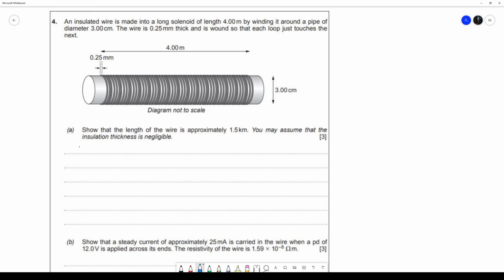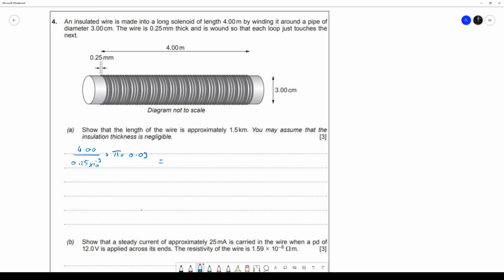So what I'm doing then, 4 meters, 4.00, divided by 0.25 millimeters, so that's times 10 to the minus 3. That tells me how many turns there are. Then multiply that by pi d, which is the circumference of the tube. The diameter here, 3 centimeters, so 0.03 meters. In questions like this, where it's a show that the length is approximately, really important that you don't